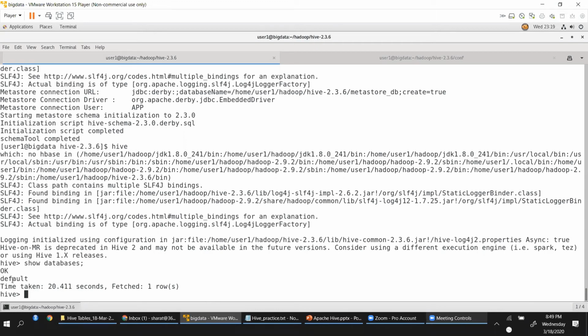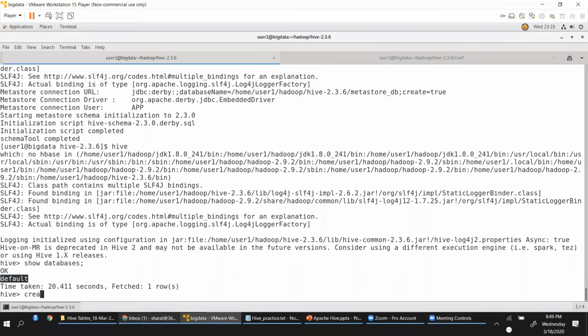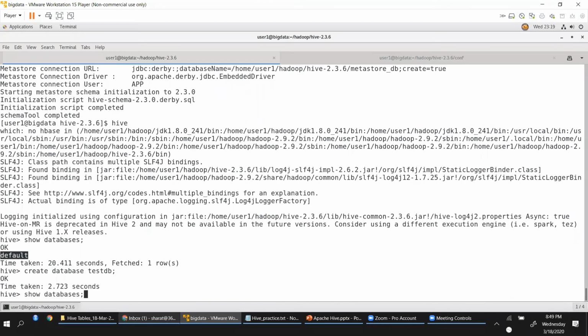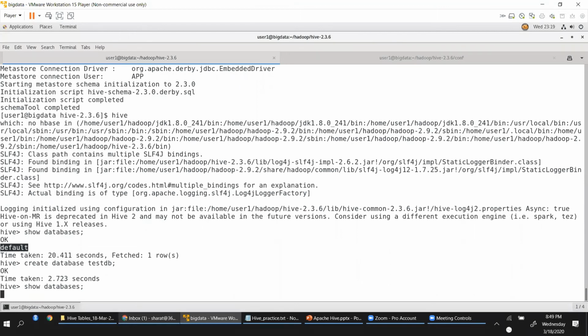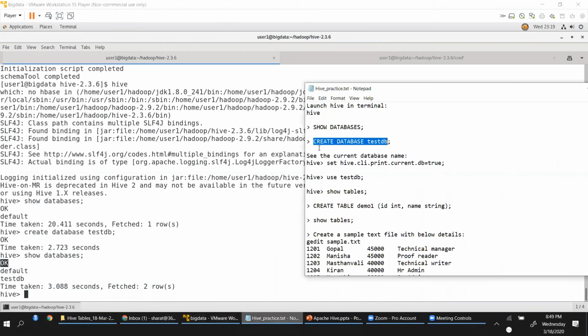What is the database name that we have? By default, we have default as a database. Now you can create a database like this. You can just say create database testdb. So it is now going to create the database called testdb. You can again say show databases. It should show the list of the databases which are available, and you can see now default is there and testdb is there. Whenever you are executing any Hive command, this confirmation would be there. You see OK, that would be the confirmation. So it's a simple command.